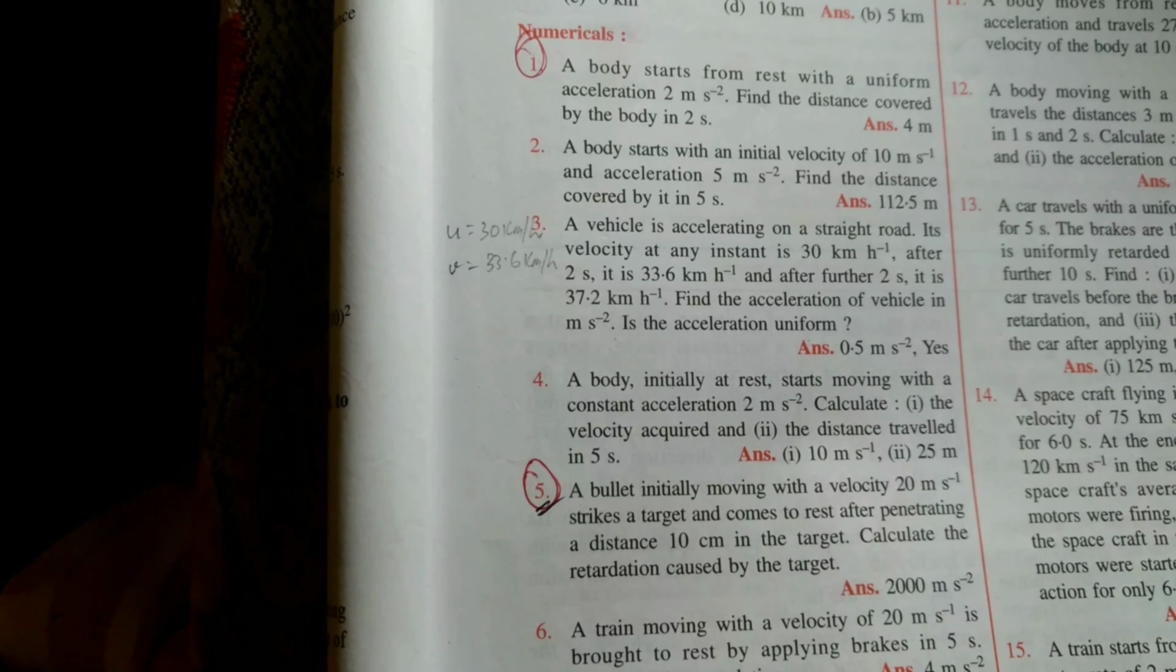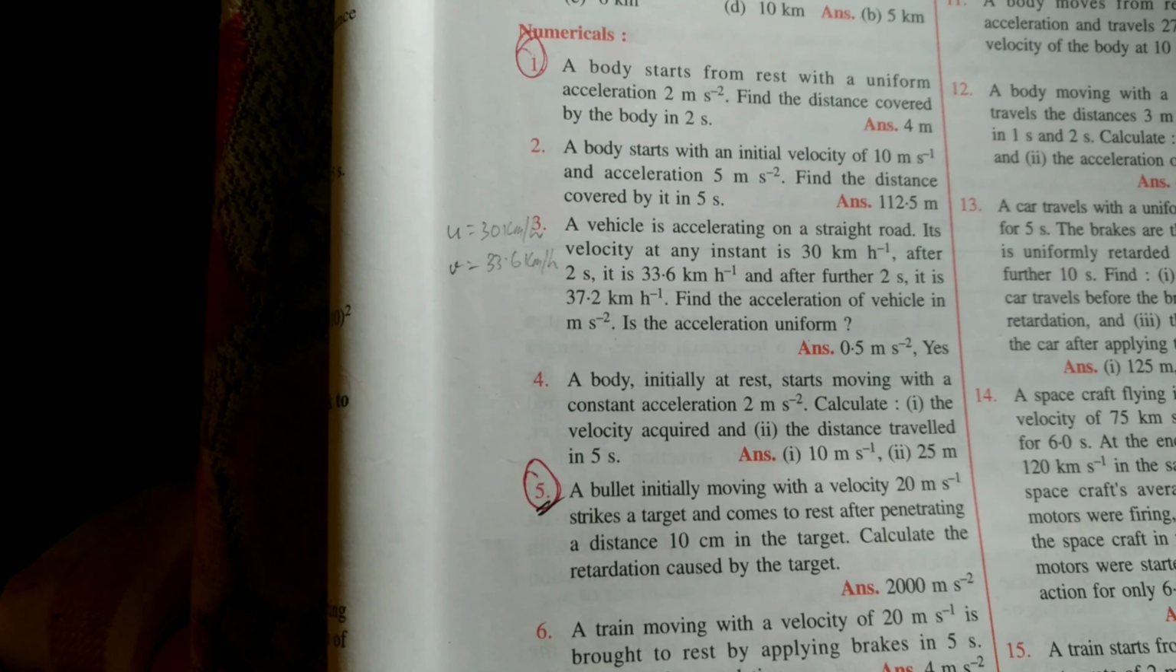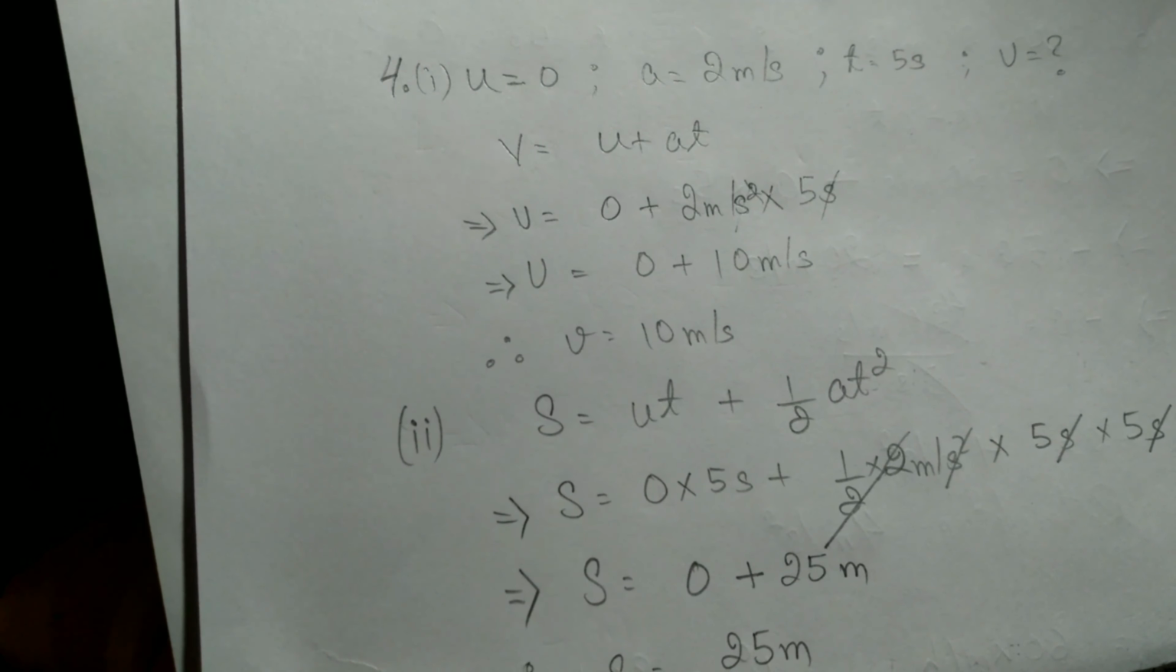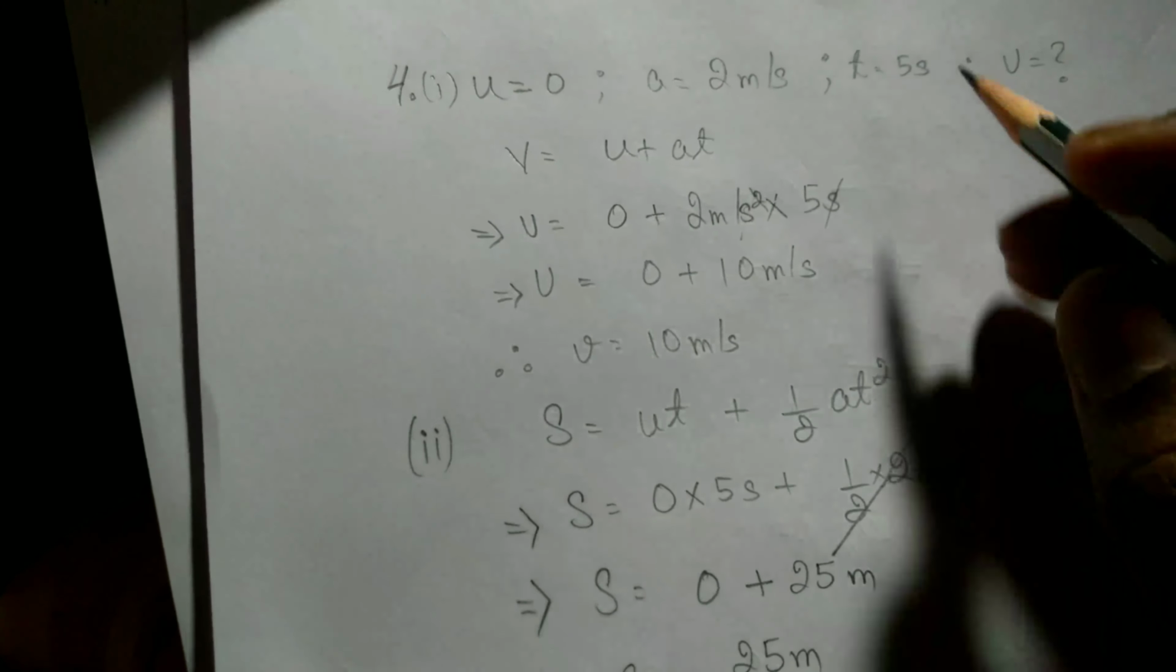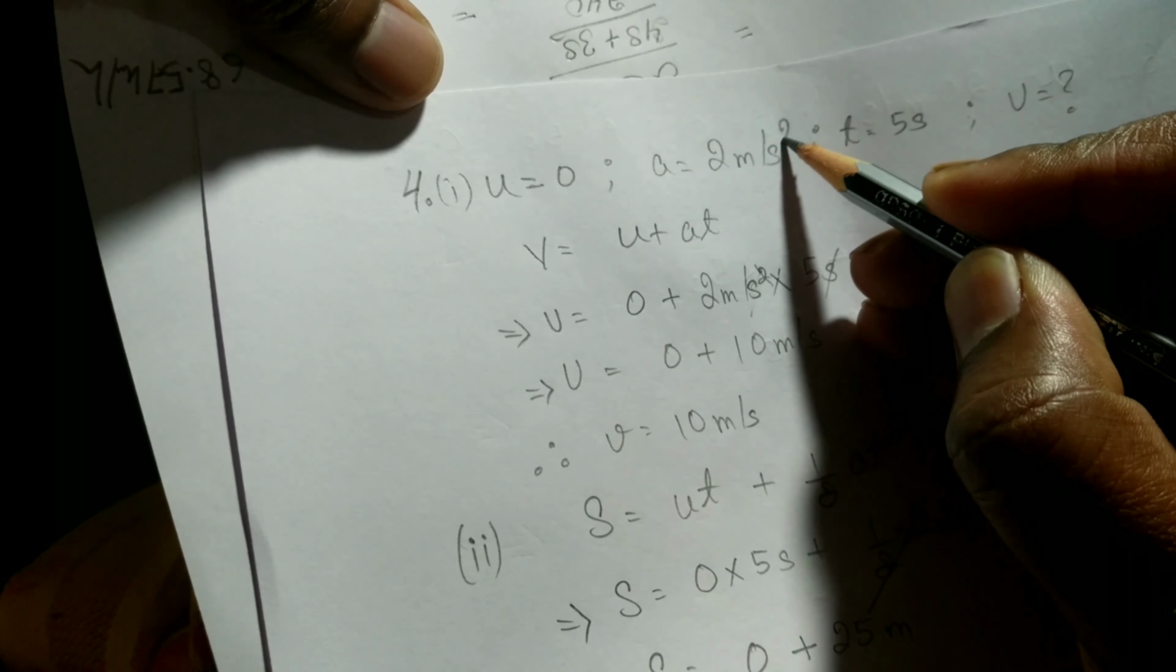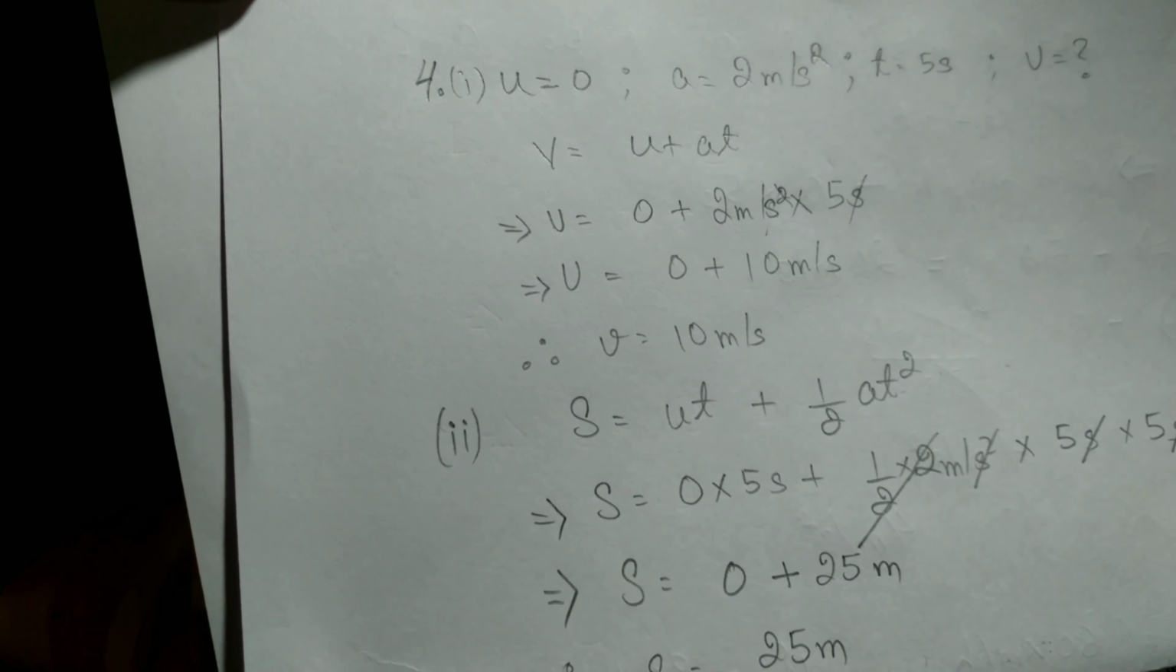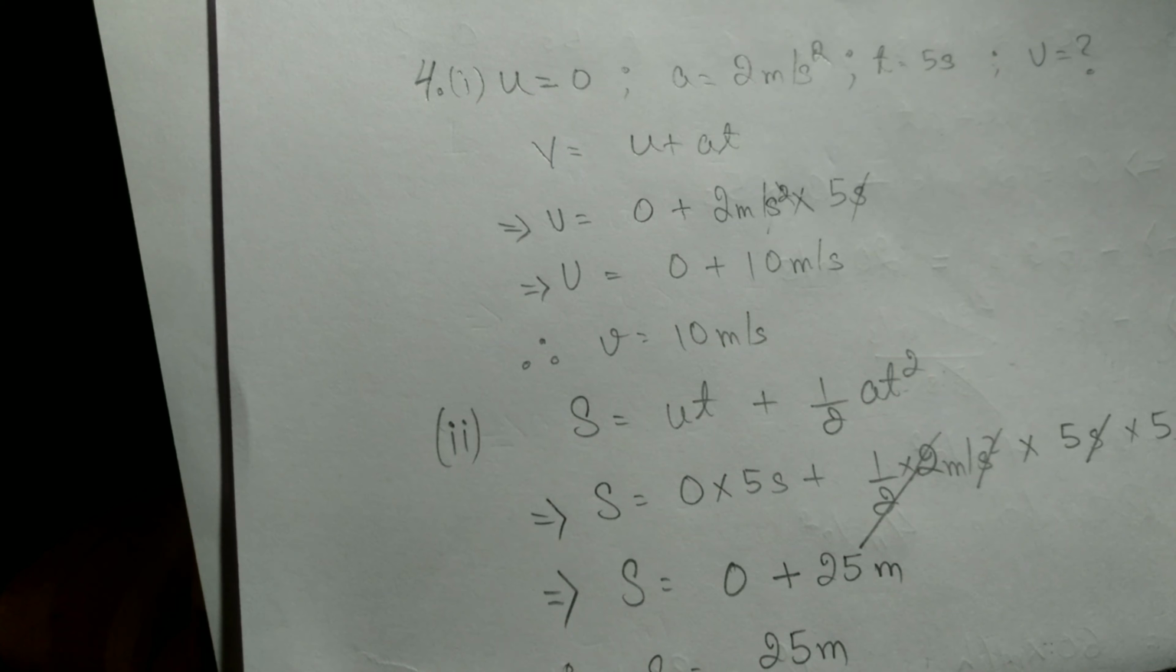So please try to solve by yourself, and if you cannot solve, I've just completed here on the paper. Okay, number 4. So the solution reads as u equals 0, because the initial velocity was 0. Acceleration is 2 meter per second square. Again I missed the square here. And time equals 5 seconds, and I'm supposed to find the final velocity